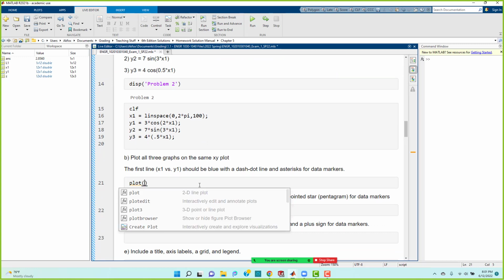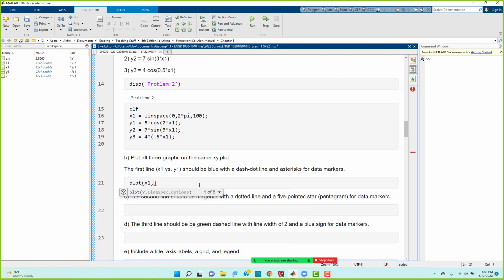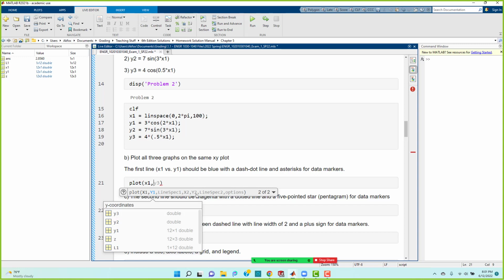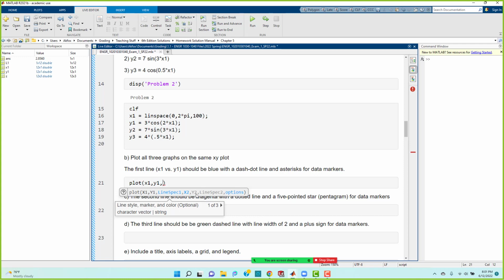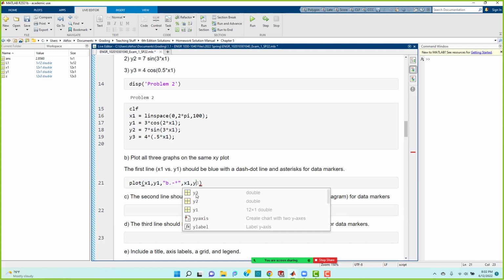So I'm going to do it the easy way. I'm going to go x1 because they all have to be formatted. And it should be plotted with a blue dot dash line. I think blue was b, and a dot dash line and an asterisk for the data points. Oh man, that's going to be a lot of asterisks, but we'll do it anyway because that's what it asked for. And then we're going to do x1 comma y2 comma